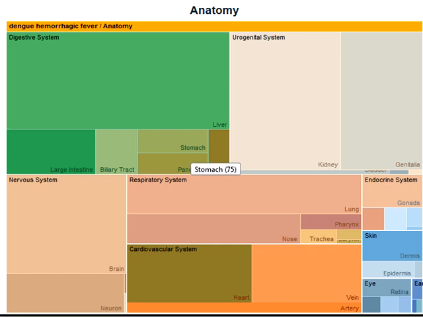For example, if you want to work on the association between dengue fever and liver, you can just click on the liver region of this categorical map and pull out only the articles very much related to hemorrhagic fever and the liver. You can exclude all other system-related articles, which is not possible in a PubMed database search.